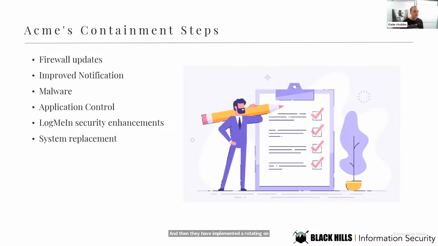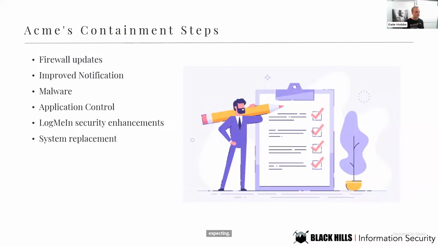Bit9 and Carbon Black was used to prevent any malicious files from attacking the endpoints. This meant escalating the timelines on the path to high enforcement mode, which was the ultimate goal, but they just had to speed it up and get there faster than they were expecting. They did have to reset passwords for all the compromised user accounts as well.